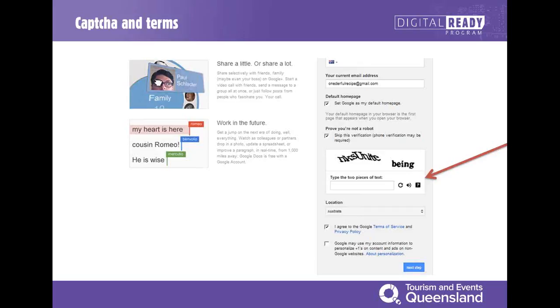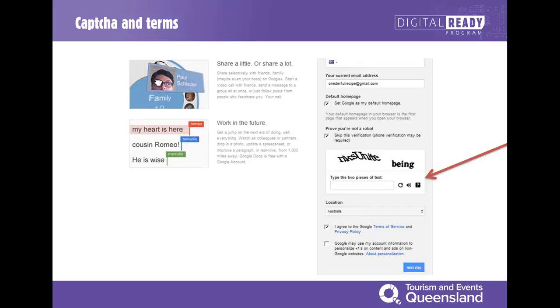So before you go through, it's always a good idea to read the terms of service and their privacy policy. So if there's anything in there that you're not sure on and you don't want to go that way, then you don't create the account, okay? So make yourself aware of it, because ignorance is no defense. So if you have a copyright issue, or if YouTube shut your page down because something's happened, then you can't say, I didn't know, because it's all in their terms of service.